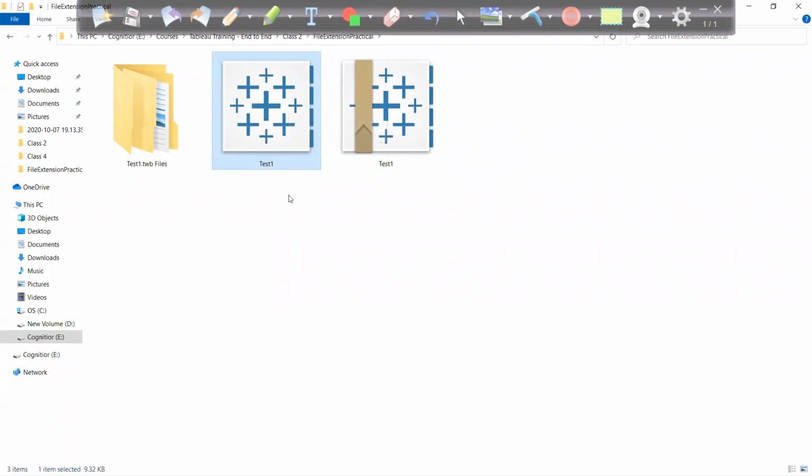He will not be able to open the file, which is good because he does not have the data, so he is not able to see the report. Which is perfectly fine. But suppose I want to share with all the users, and even if they don't have the data they can see the report, then I will go with this TWBX file. So that is the difference.